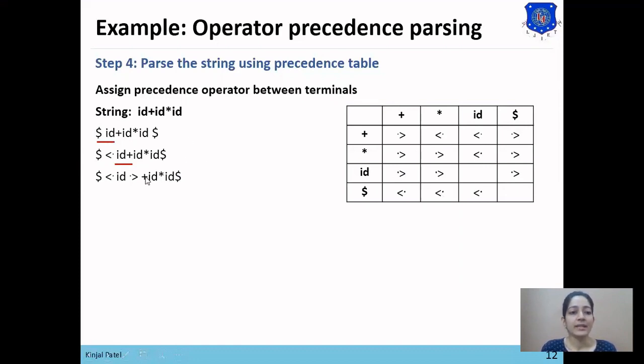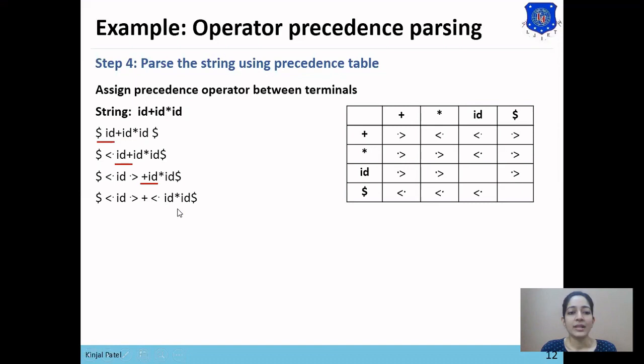Now we want to place a relation between plus and id. We will check the relation in the parsing table. From plus to id, it has less than relation, so we will add less than between plus and id.